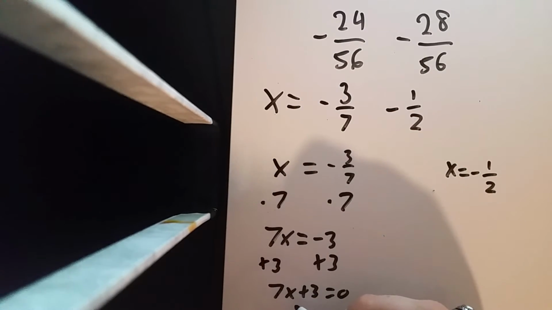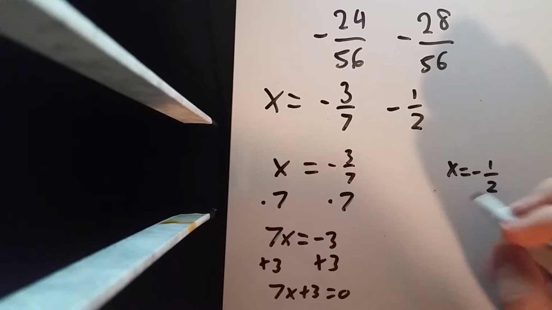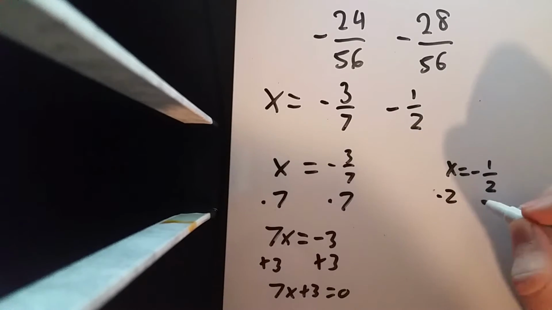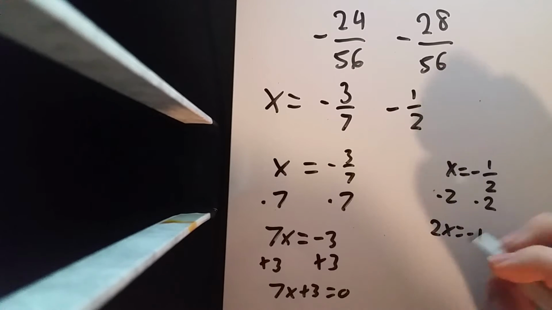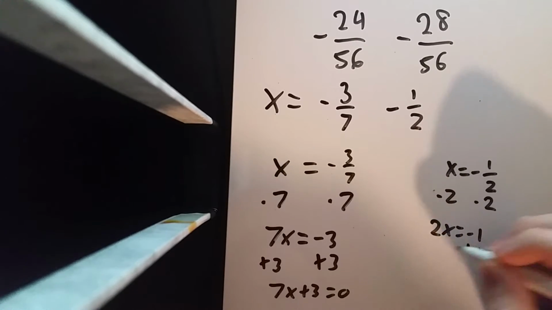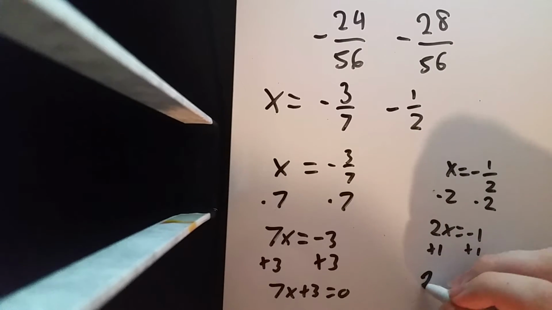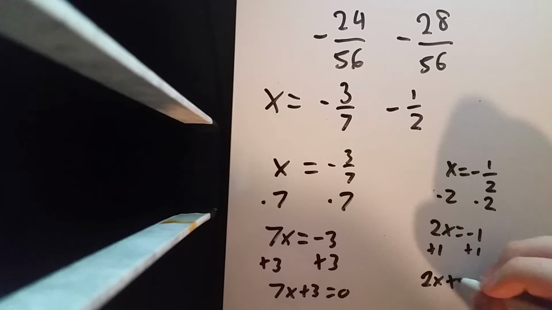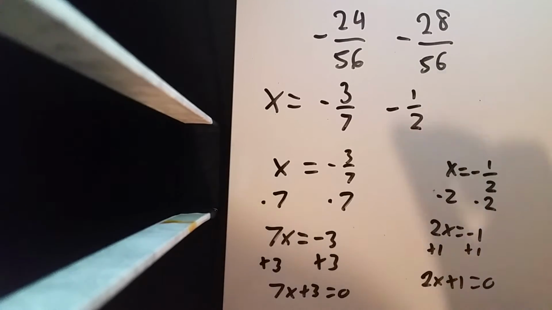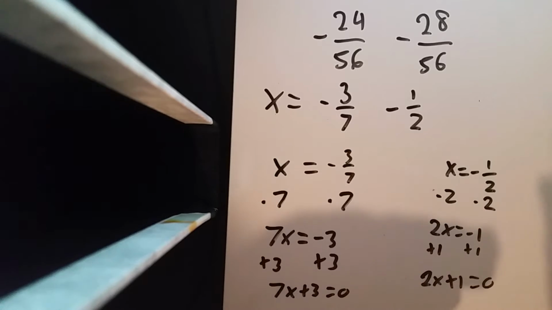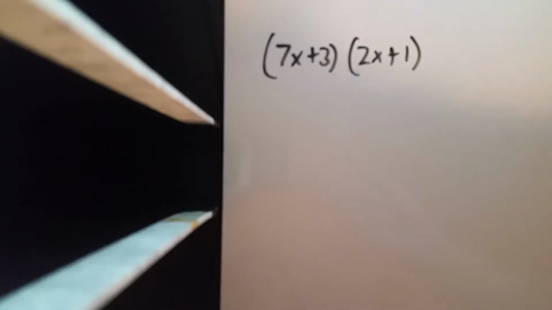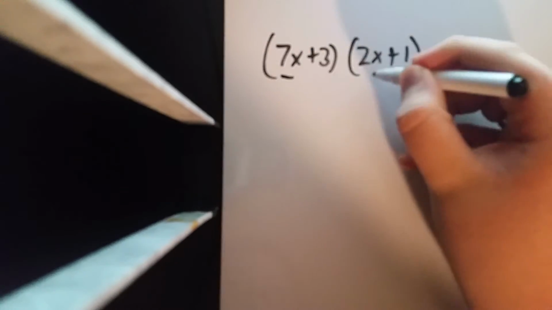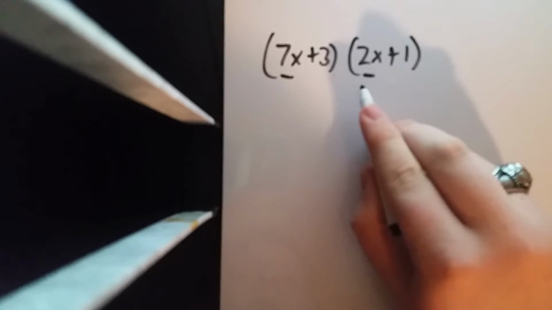This is our factor. Same deal over here. So times 2 on both sides, we get 2x equals negative 1. And if you add 1 to both sides, you get 2x plus 1 equals 0. And that's our other factor. Now, again, there's a simple way to check this, and that is, again, by FOILing. So we take our first numbers, 7x times 2x,